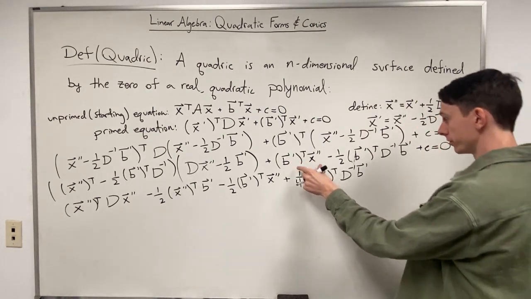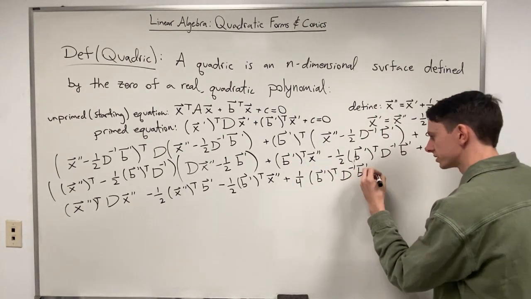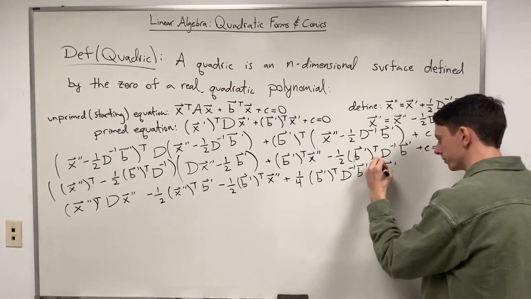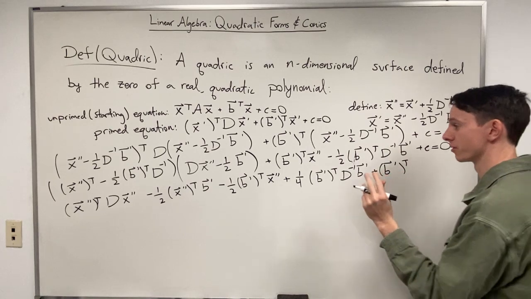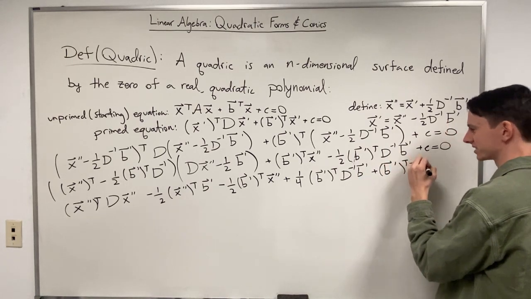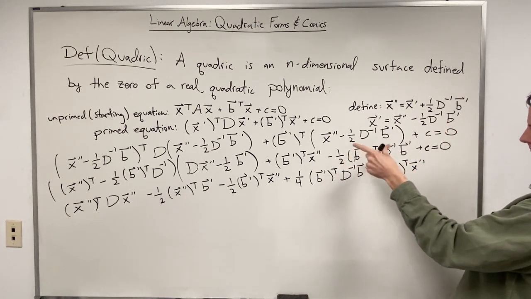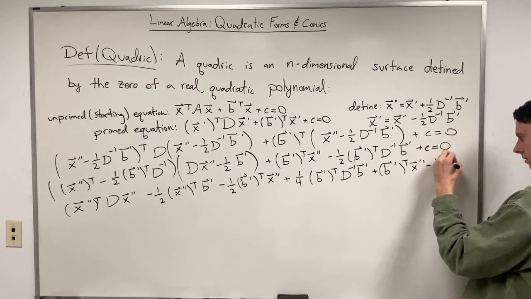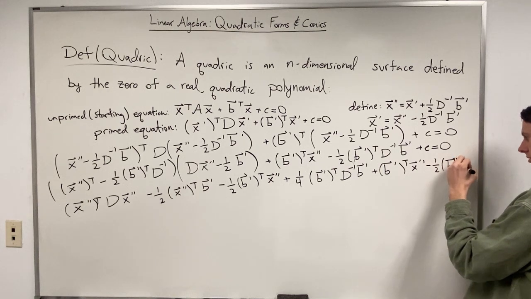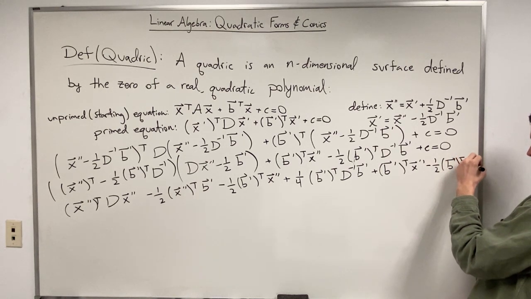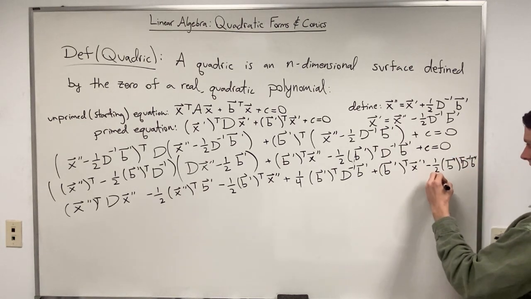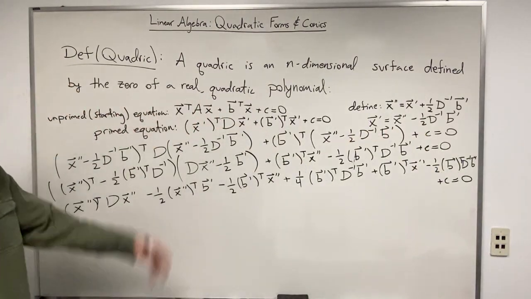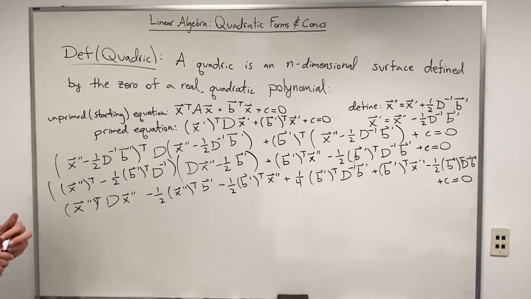Then we have just these remaining three terms. So plus b prime transpose x double prime, minus this term, minus 1/2 b prime transpose D inverse b prime. Plus c equals 0. You can see why I want to erase the board, right? And now,